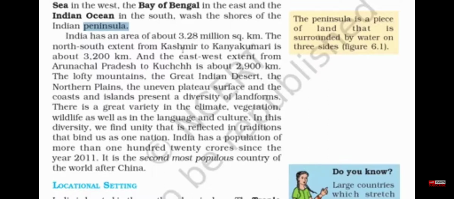Another important thing that we need to remember from here is the distance between Kashmir to Kanyakumari is 3,200 kilometers. Remember this. The vertical line from north to south of the Indian country is 3,200 kilometers. It's easy to remember, 3,200. And east to west from Arunachal Pradesh to Kutch is 29. So 29 and 32 should be easy to remember. And Arunachal Pradesh is the eastern border for us, and the western border for our country is Kutch, which is